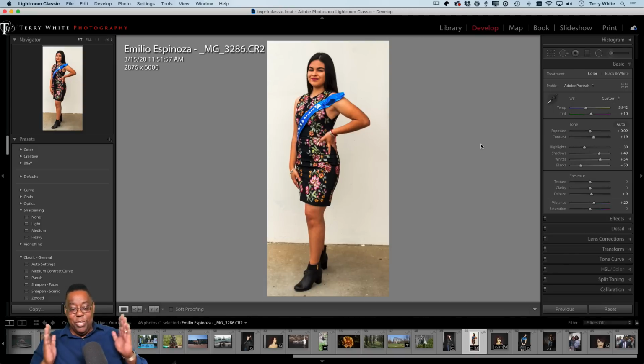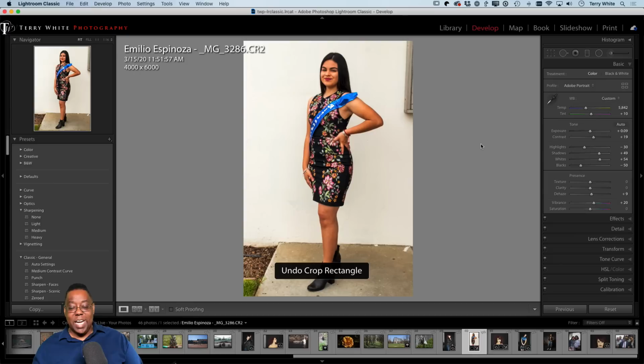meaning you pulled out too many things to make it useful for posting. Like on posting on social, that would be fine, but printing, that would be a weird aspect ratio that you really wouldn't be able to print effectively without her head or feet being cropped off. So in this case, cropping, while it would get rid of most of those distractions, is just not going to do it. So this is a case where it's time to go to Photoshop,